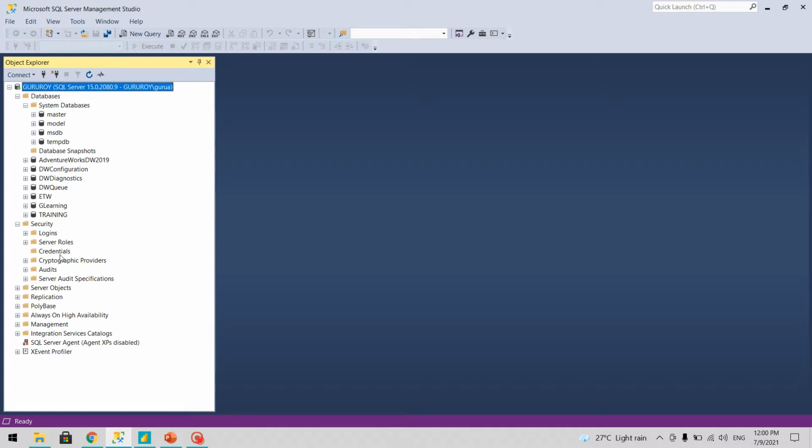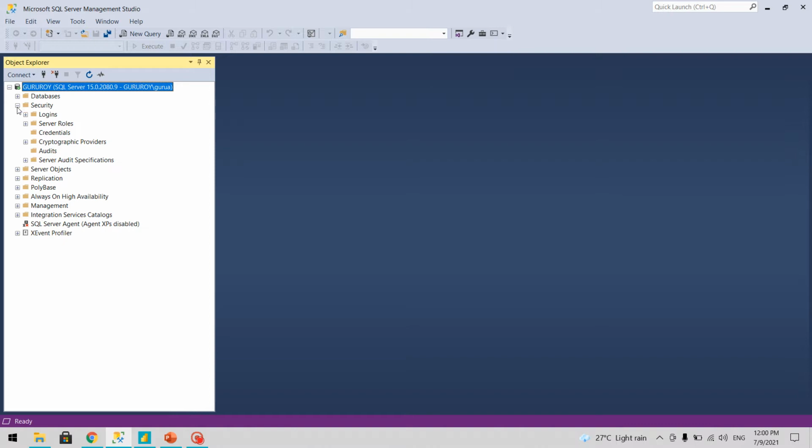In case you are accessing a certain service through agent jobs, you'll create credentials, and these credentials can be mapped there. And cryptography is again for securing your data, or you can say encrypting your data. And then here audit related objects will be added, and then you can see the server audit specifications.